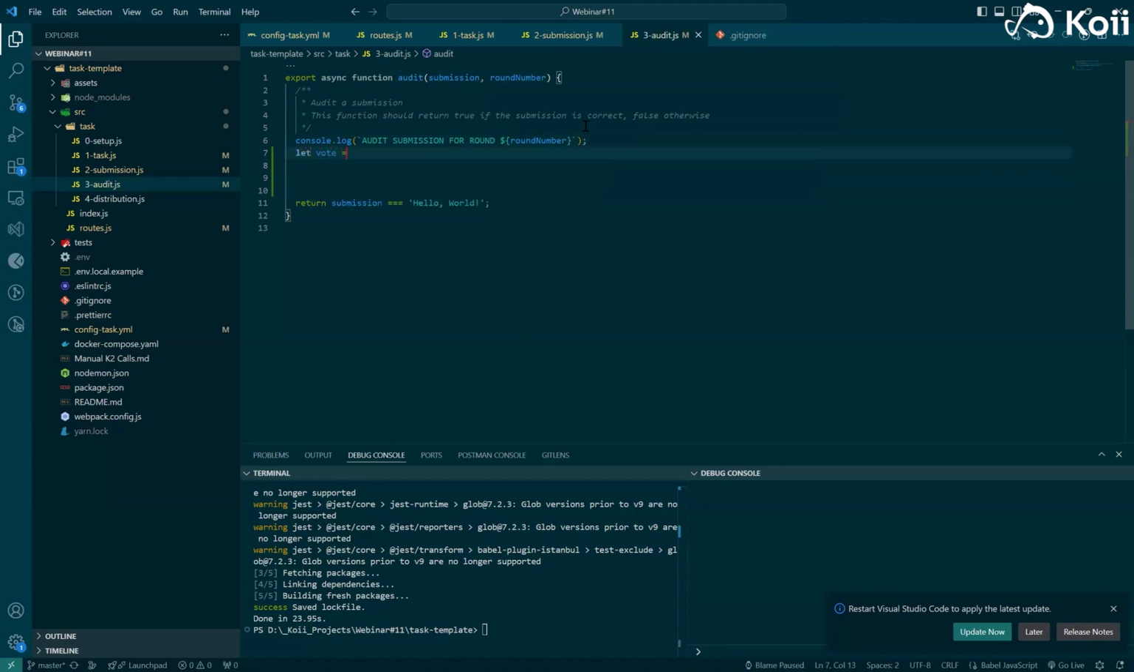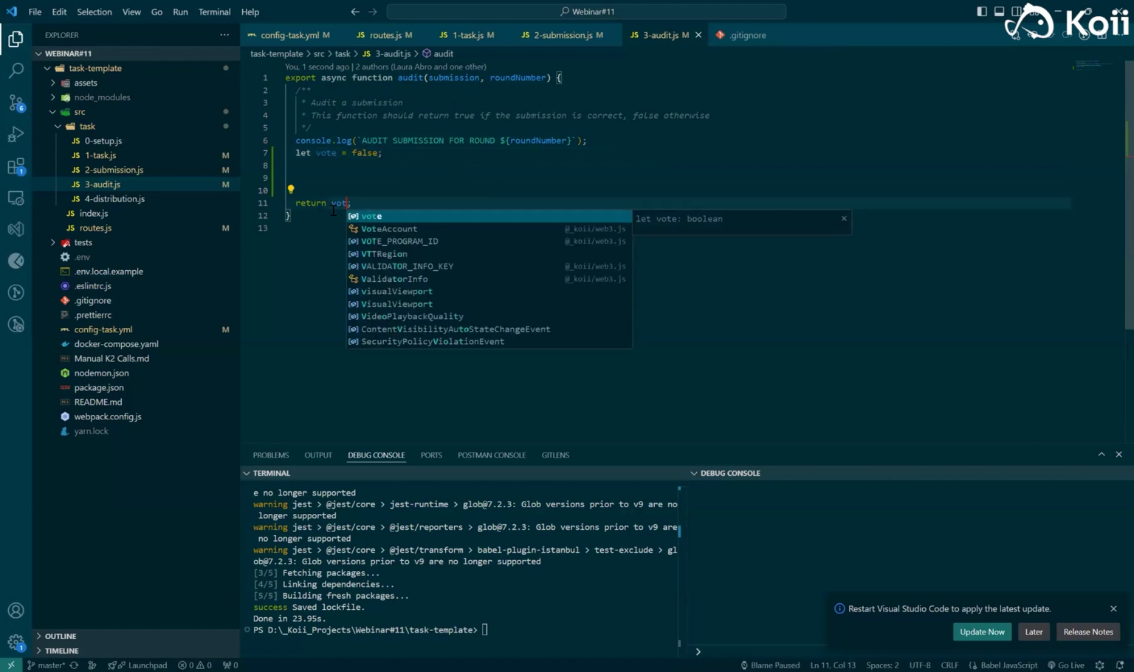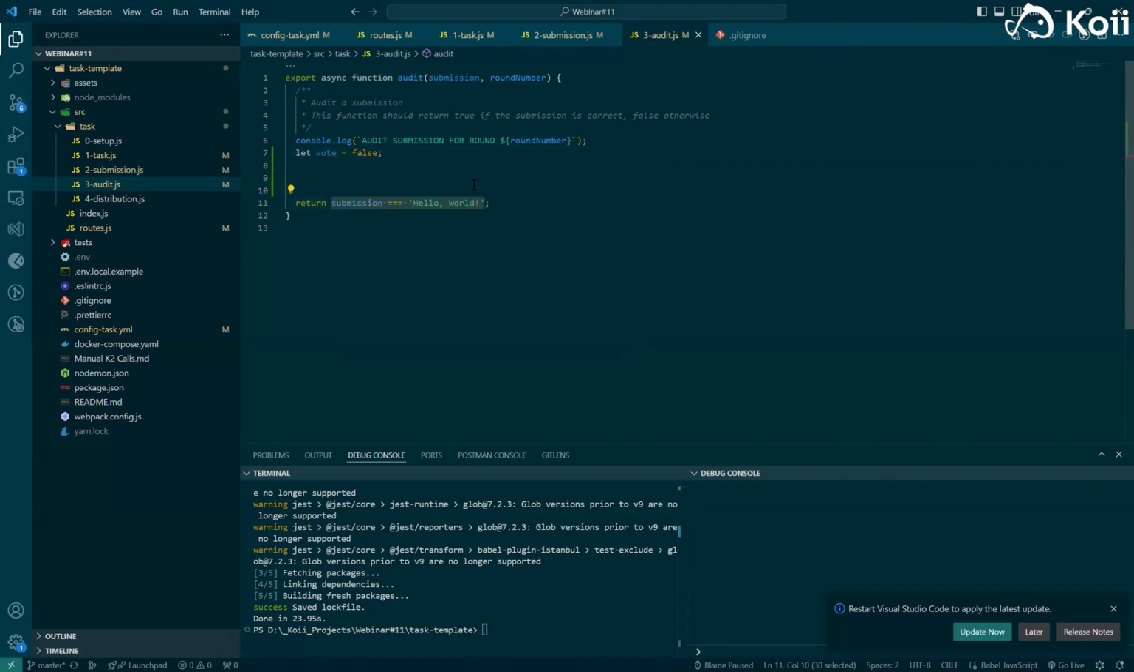Let vote equal false. Okay? And then we're going to return vote. Now, you could, in concept, return your submission. It's entirely up to you how you want to handle this. But I think the easiest way to go about it is a vote. Sometimes a simple vote is not sufficient for what your auditing wants to do. But in our case, really, all I'm curious about is